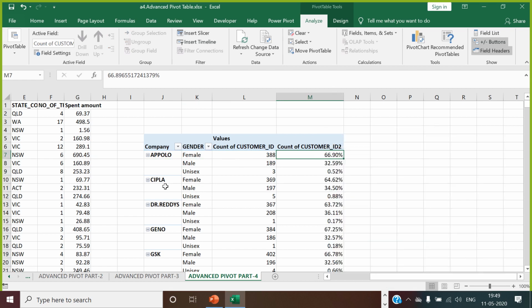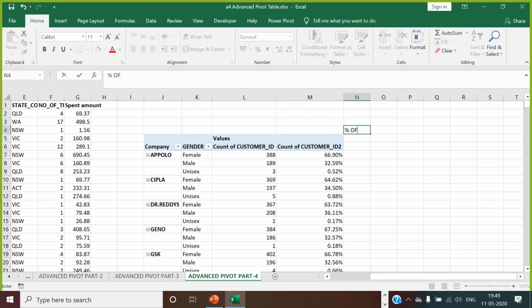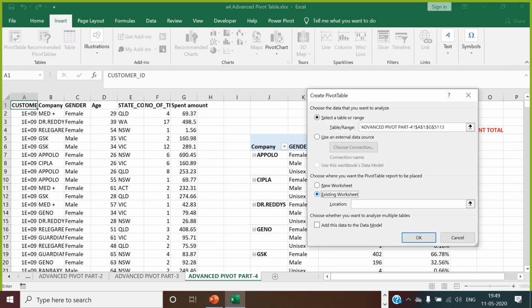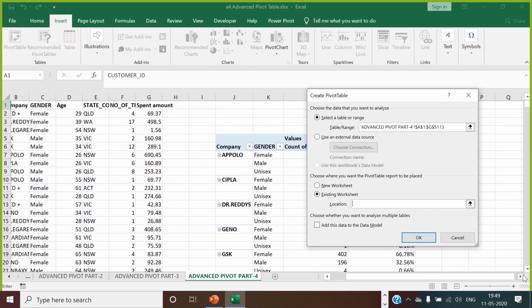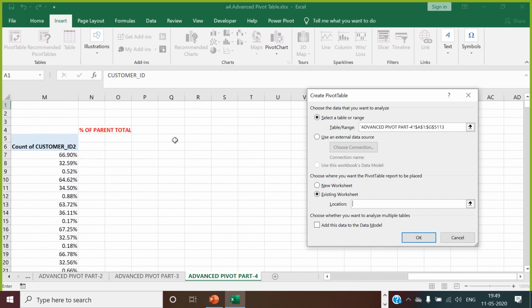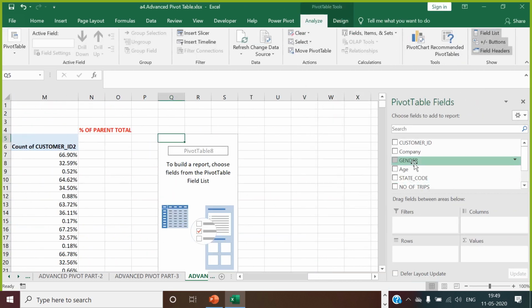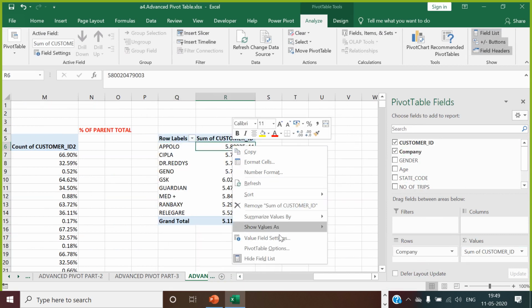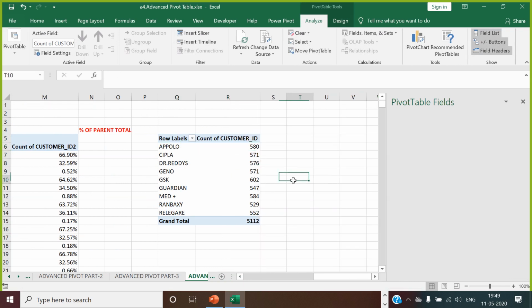Okay, guys. Now, this is called percentage of parent total. Using this data, I take company, I take customer ID, show value as summarize value as count.